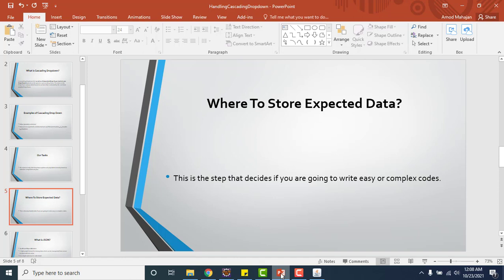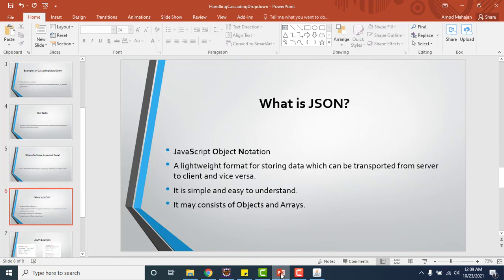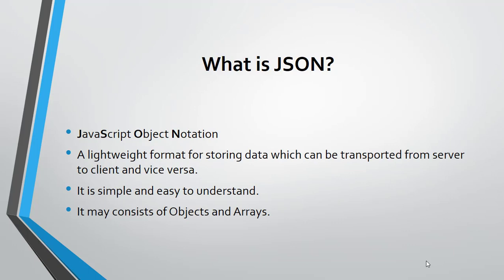I hope you are aware of some JSON concepts, but if not, I will explain the basics. I have also explained the JSON concept in my Research playlist, you can go and watch there, but here I will show you a little demo about JSON. So what is JSON? Simply, it's JavaScript Object Notation. It was earlier introduced in JavaScript, that's why we have JavaScript Object Notation, but it is used in all programming languages.